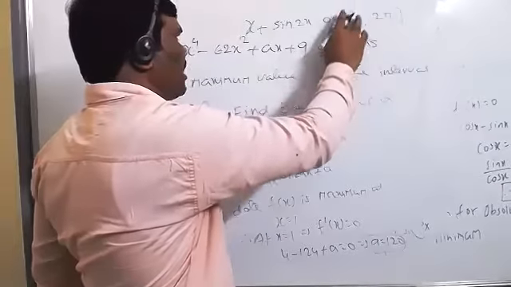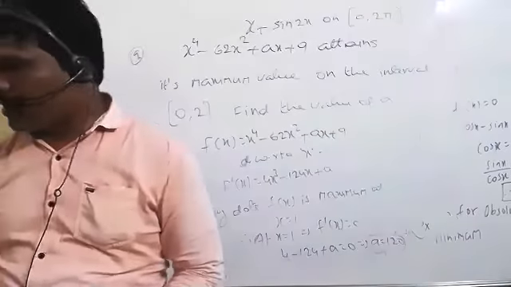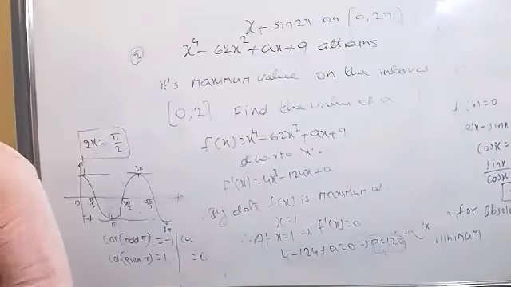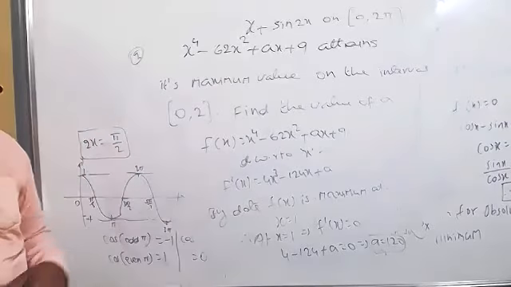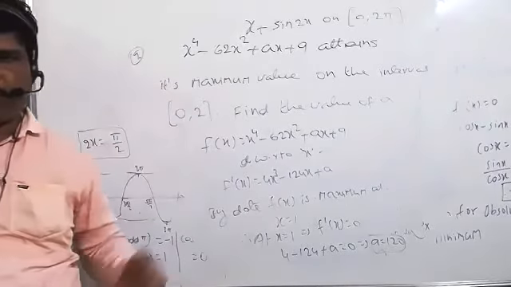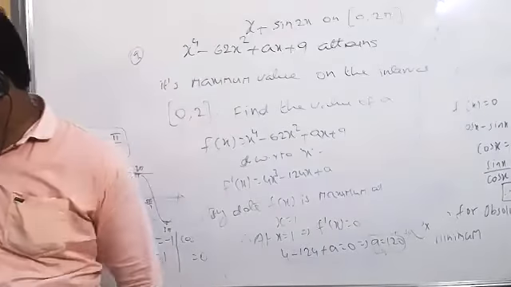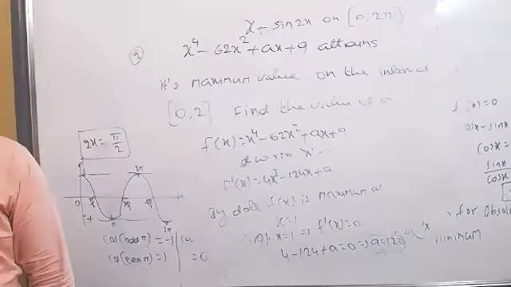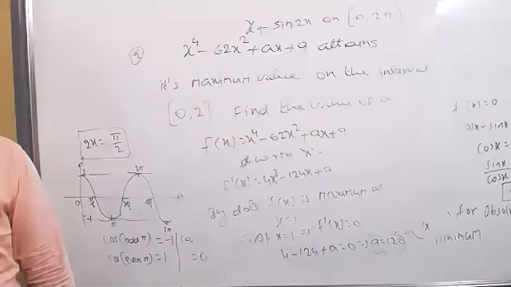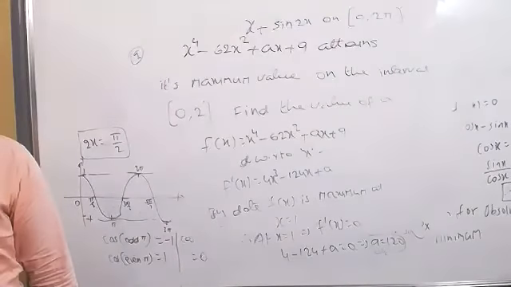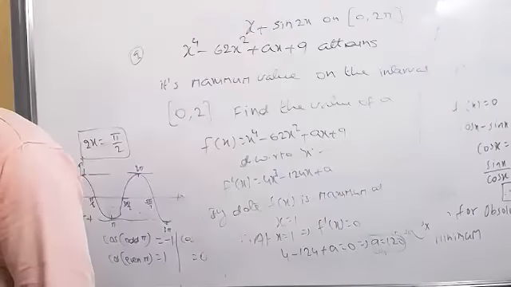Yes, same procedure. Now already I gave the graph in the previous problem and I told you very clearly: when it will be equal to 0, when it will be equal to -1 and +1. We are done. Then we can verify that. The one problem you can solve yourself. It's like the previous problem.